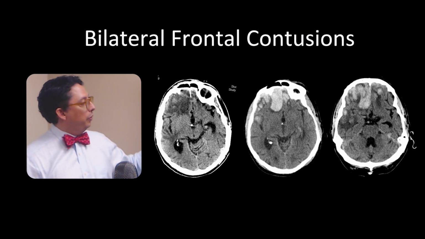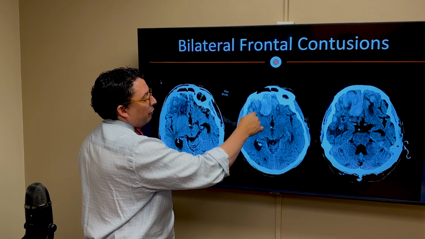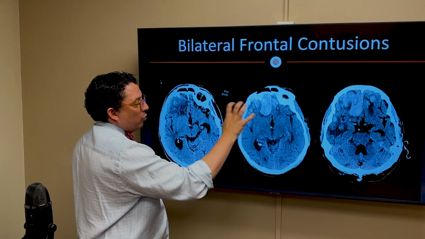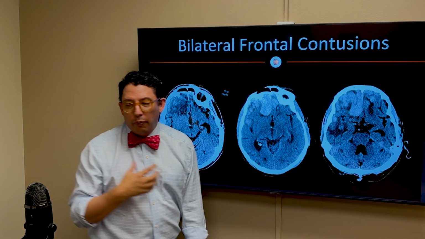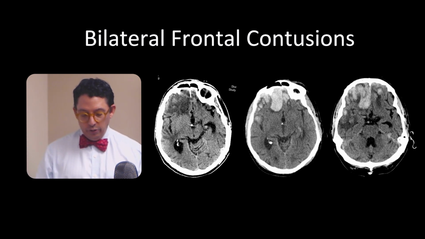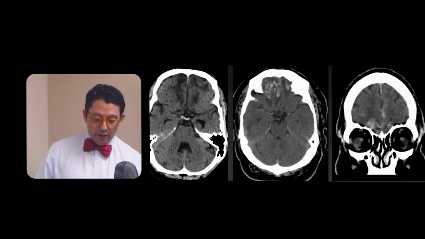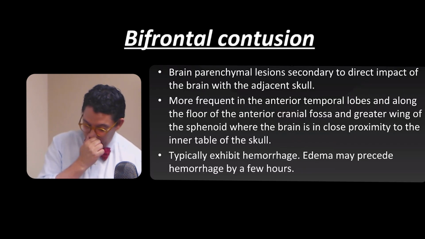In patients that have trauma, you see all of the heterogeneous densities in the frontal lobes, and you have huge bleeds that have an extraaxial but also a parenchymal component. These are parenchymal bleeds, and we can call them parenchymal hematomas. And these are the bifrontal ones. They can be big like that, or they can be slightly smaller than the one that we're showing in this case. They're very nicely seen in the coronal views. So these are bilateral frontal contusions